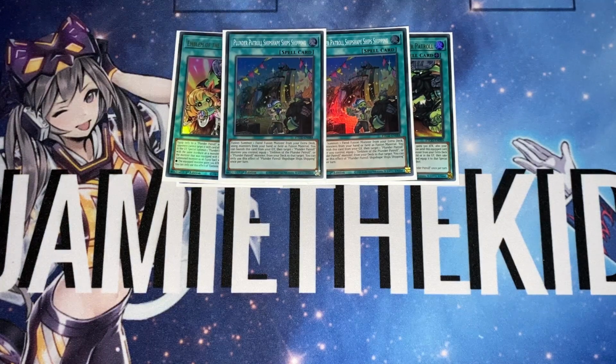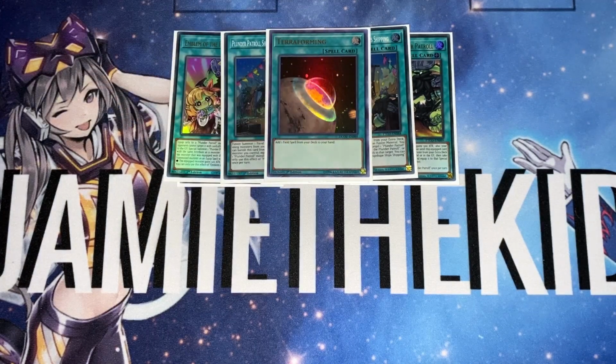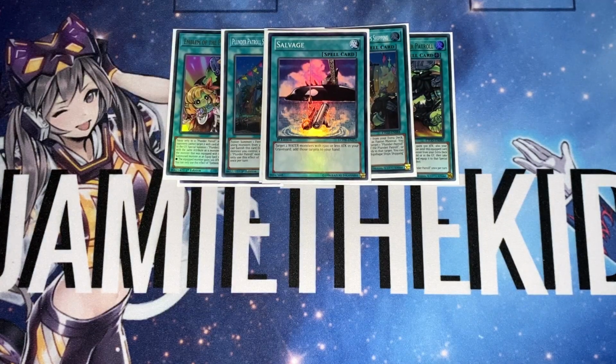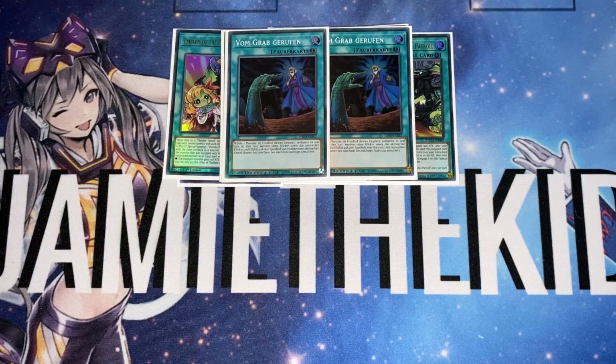So it's between this and a Salvage. I mean, you can see what won out. Then for the few one-offs that I do play, I play the 1 copy of Terraforming to get to the field spells because they're so good, 1 copy of Salvage because I didn't think 2 was all that necessary, 2 copies of Call by the Grave because, like I said, I couldn't find a 3rd, and I actually didn't really miss it, but of course you want the consistency of it when you can because we are playing a Halqifibrax